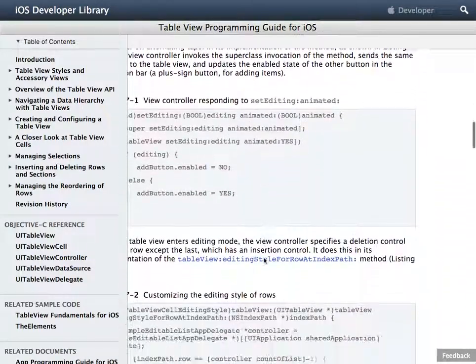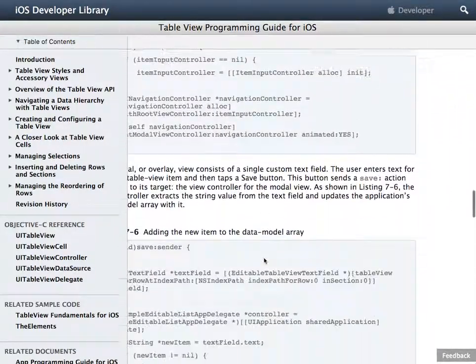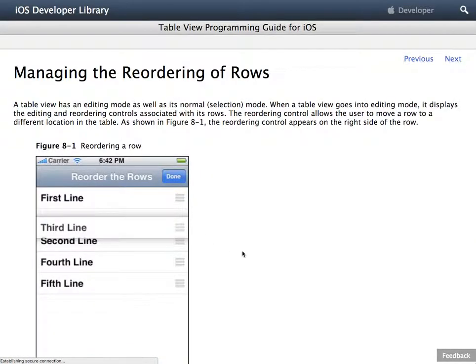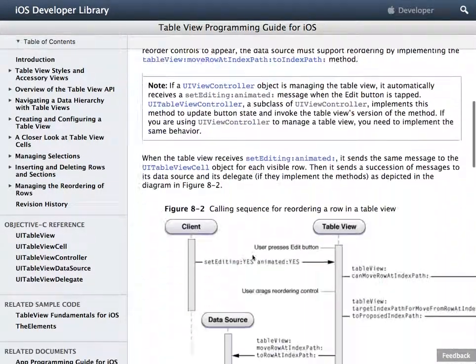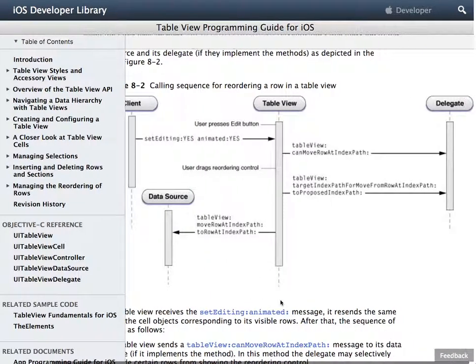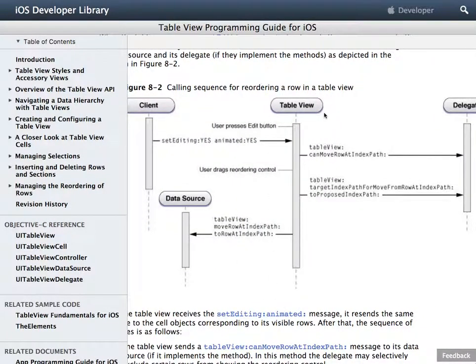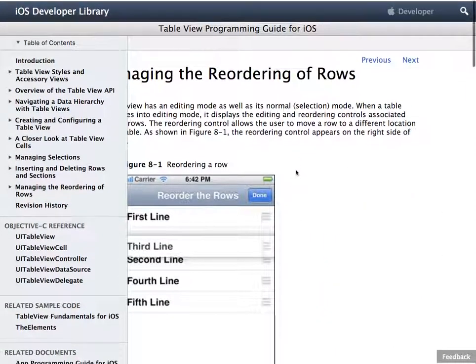Similarly, if you scroll down, there is a similar view for the reordering. Actually, we need to click on the reordering, and that tells you the sequence for the reordering of a table. It follows similar logic. The user hits edit, and then they indicate they want to move the row. The table view asks the delegate if the row can be moved. If so, then the user will drag the reordering controls, which are these ones,